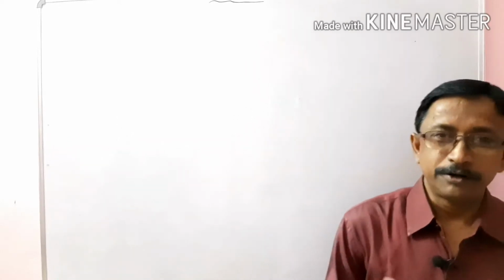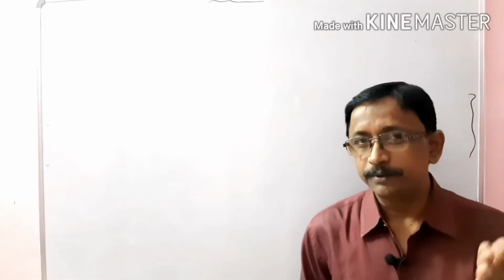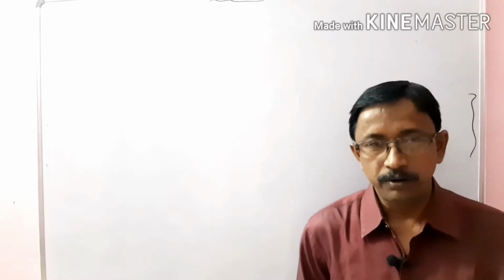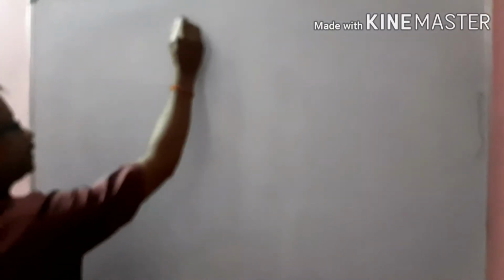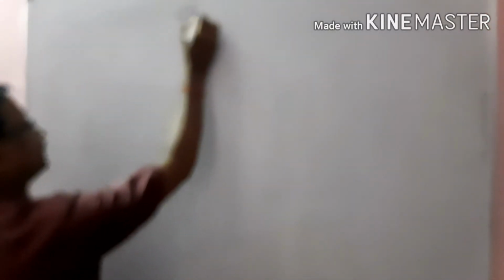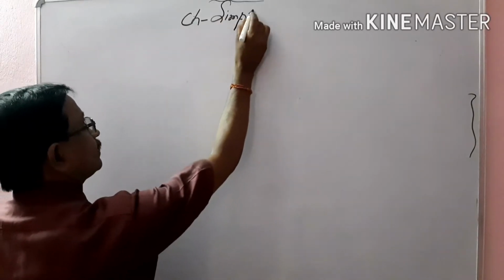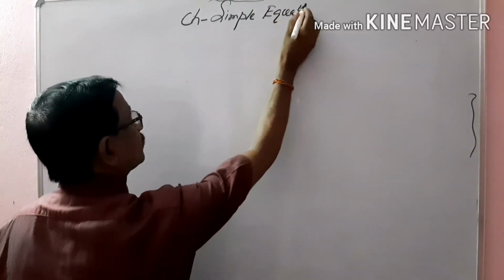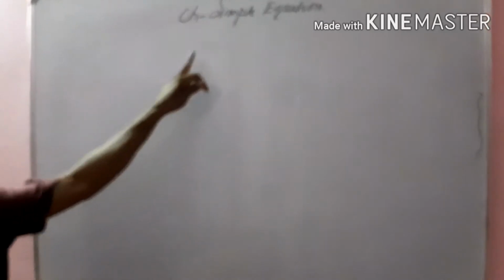Today I am going to explain a new chapter, and I will give you the basics of the chapter, okay? Keep attention and follow the whole class. Today's chapter of class 7 is chapter 4, which is a most important chapter. It is simple equation. For simple equation, first you have to understand